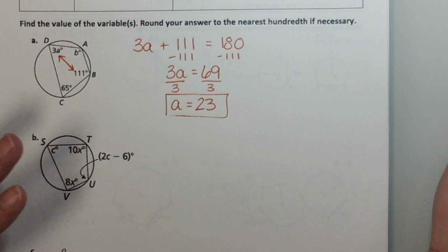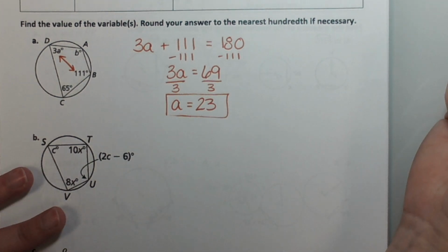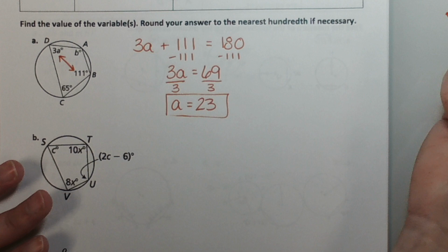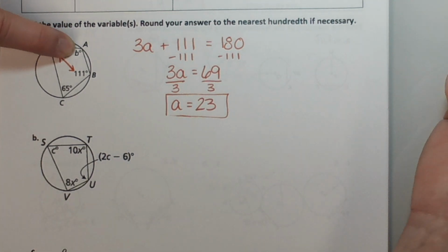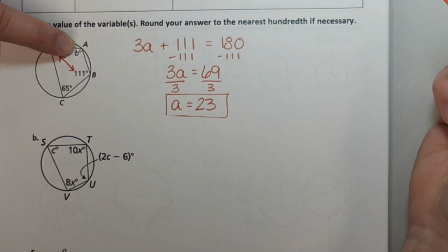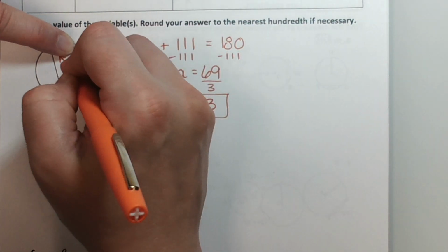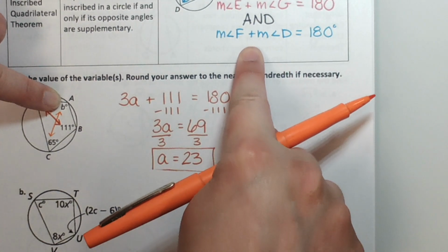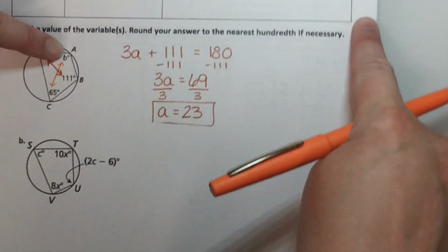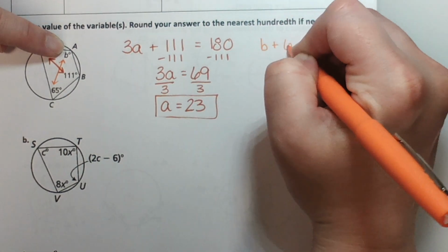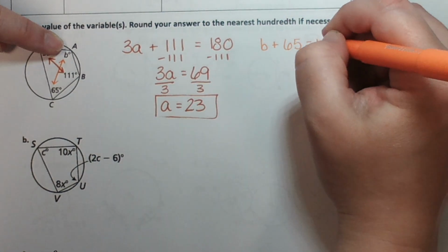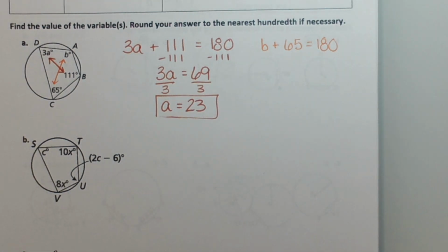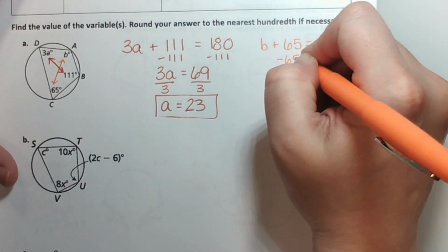Dominic, can you help me write an equation to solve for B? B's right here, right? Which angle's opposite of it? According to the theorem, what do those two angles have to do? Add up to 180. So I do the first one plus the second one equals 180. Ava said this one was easy. Is it? Once you got the equation, yes. As long as you know how to write the equation, subtract 65 and we get